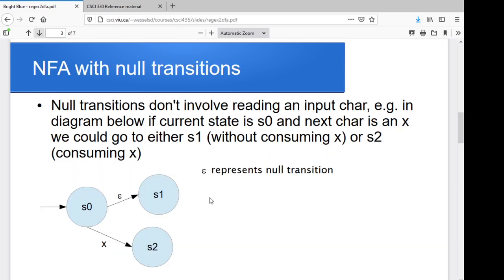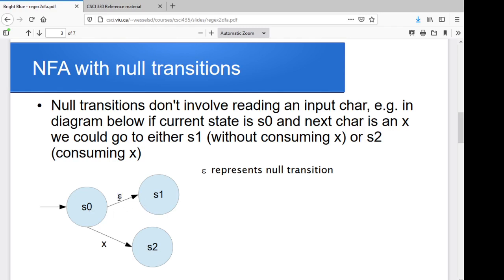So just as an example of this idea of a non-deterministic finite automata, let's suppose that we've got a deterministic finite automata where we've got our start state, and if we see a character x, we go to state S2, and if we see anything else, we reject. Well, if we allow null transitions, maybe we add a transition in here that says, but you're also allowed, without reading any input characters, to jump to state S1 from your start state. So we'll label these null transitions and say, okay, well, there are going to be certain spots where you're allowed to jump from one state to another